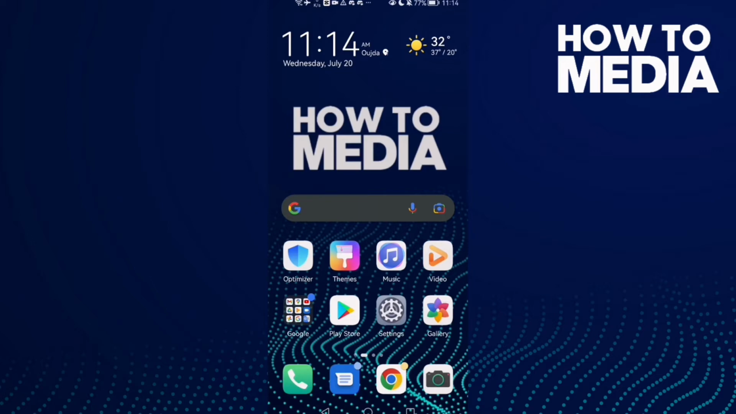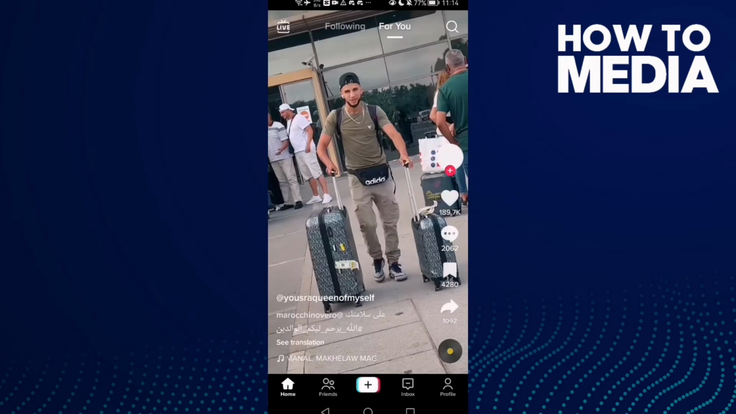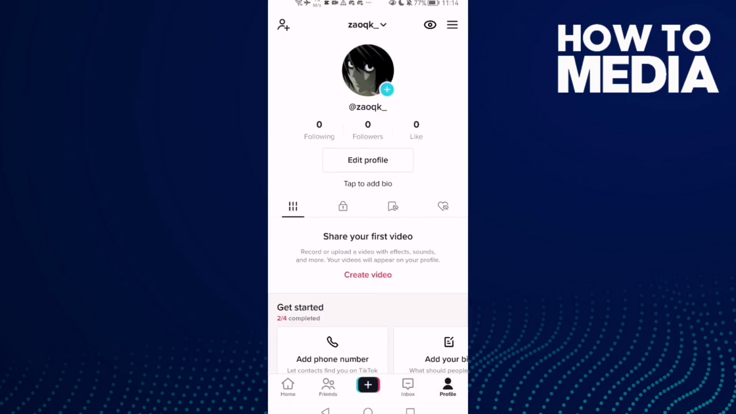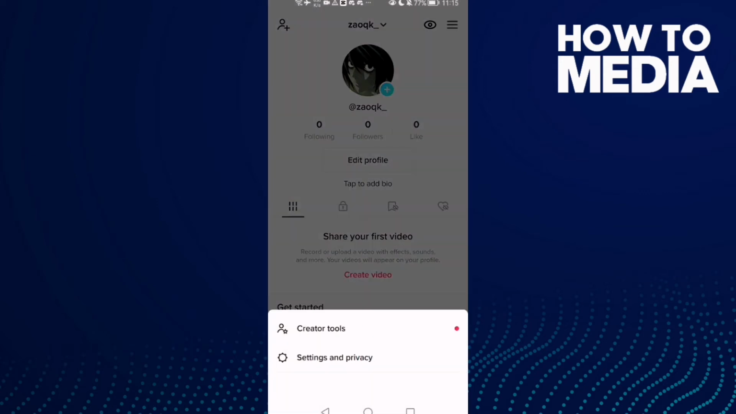First, open TikTok and click profile, and here in the top corner you will find the storylines. Click on it and then click settings and privacy